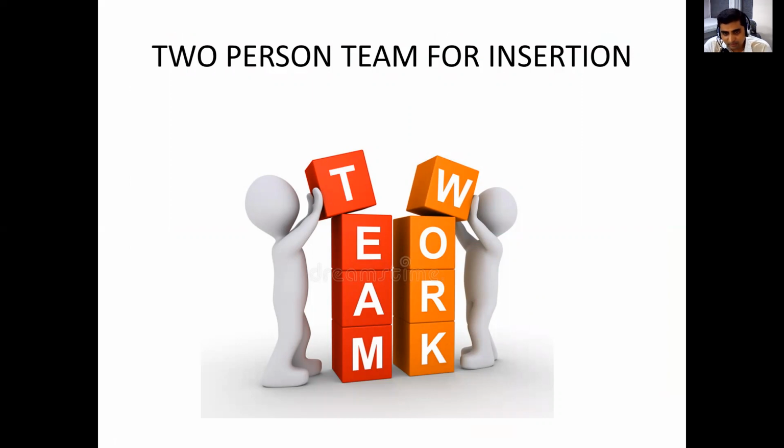Many untrained people would think that it is just two minutes of work, and only one person can do that, nothing else is required. But actually, it's teamwork, and if we have to maintain a sterile closed system, then it's not a one-person job. One has to assist, and one person does the procedure. Both have to maintain sterility to maintain the closed system and prevent further infection.